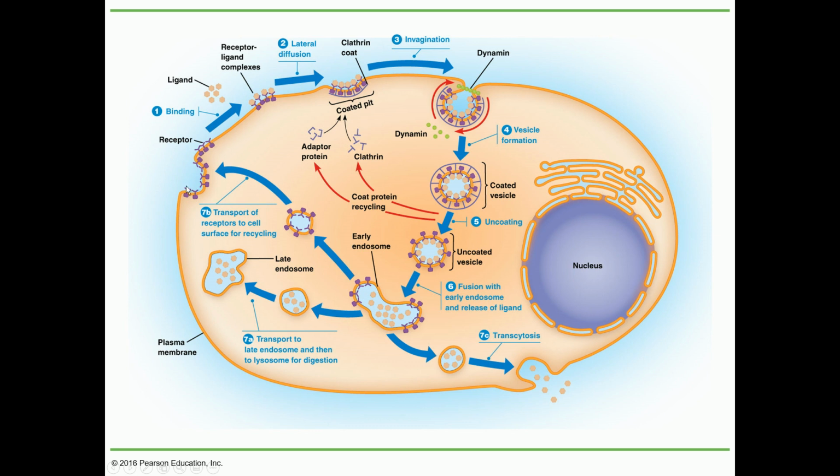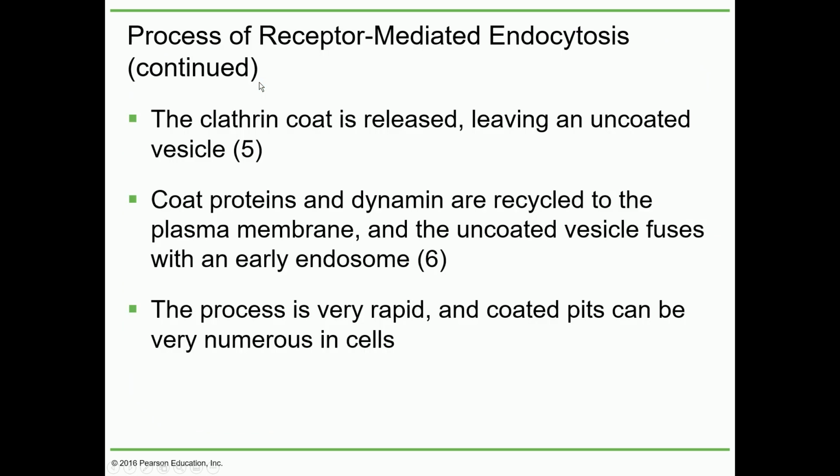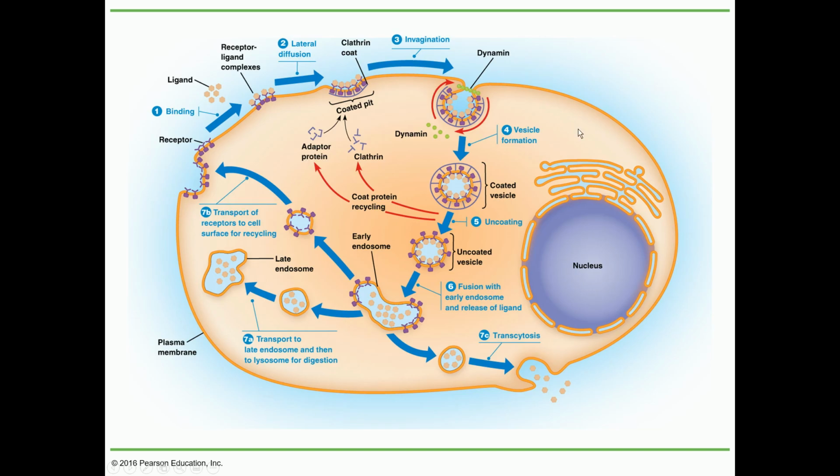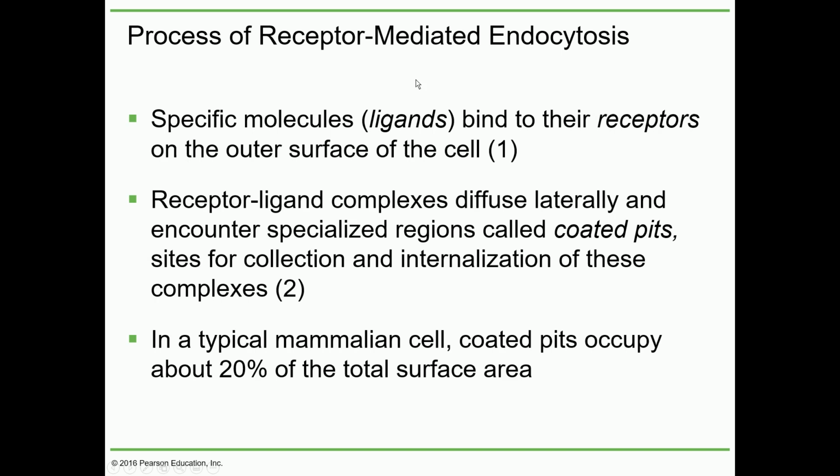These are the receptors on the cell, these Y-shaped structures you see. This ligand is going to bind to these receptors, and when it binds, it forms receptor-ligand complexes. Once these complexes are formed, receptor-ligand complexes diffuse laterally. You can see how the lateral diffusion takes place,